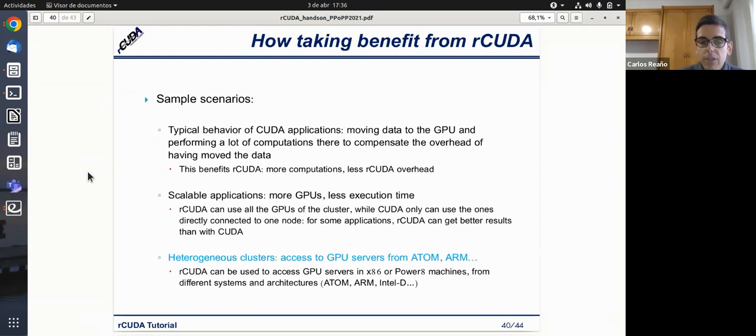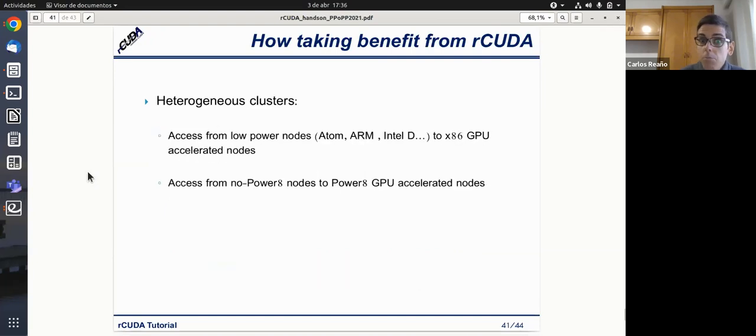But imagine that I have in the cluster different nodes with x86 architecture, PowerPCs, ARM PCs, etc. Then, thanks to rCUDA, we can access from one node, regardless of its architecture, the GPUs located in a different node with a different architecture or not, and all of this will be transparent to the application, thanks to rCUDA.